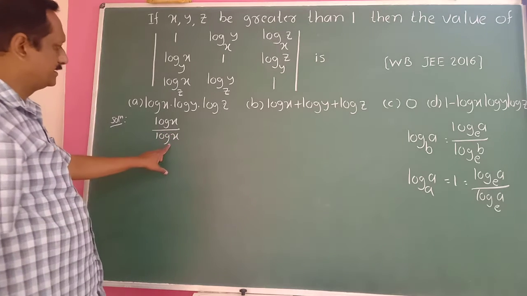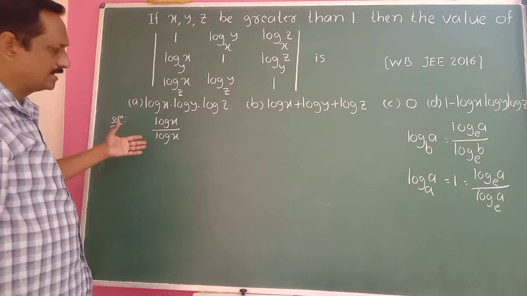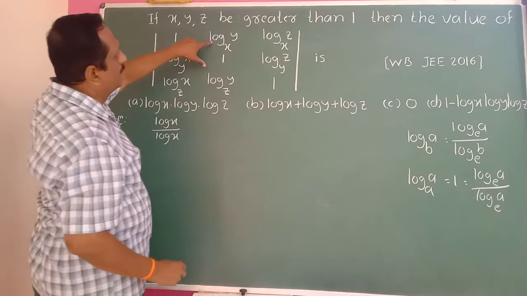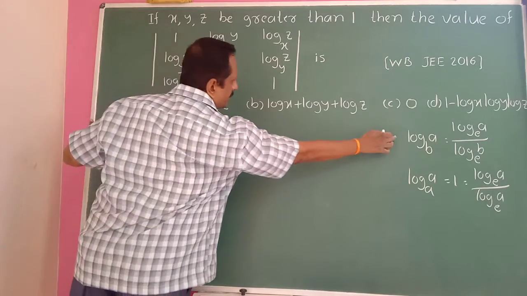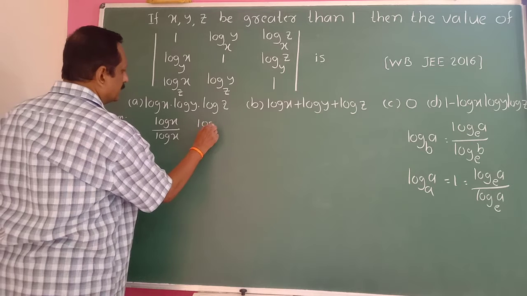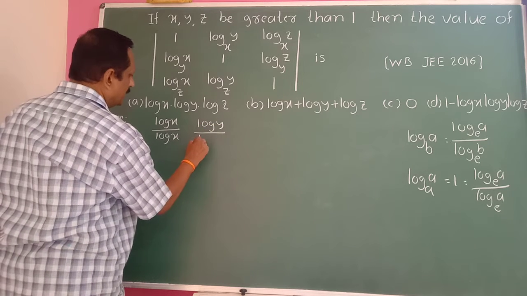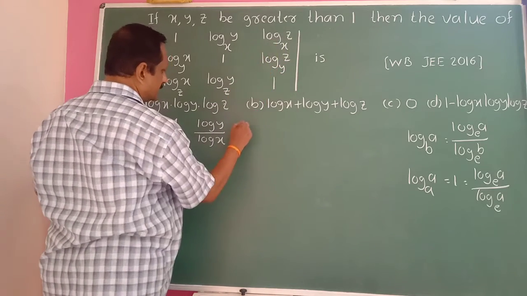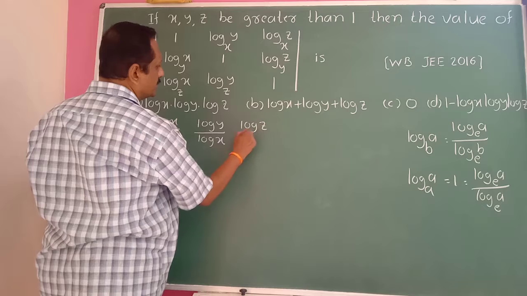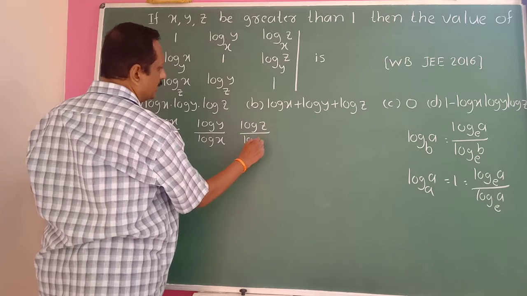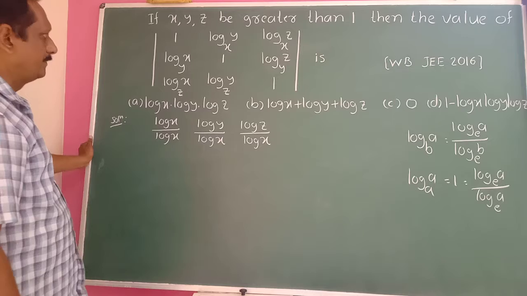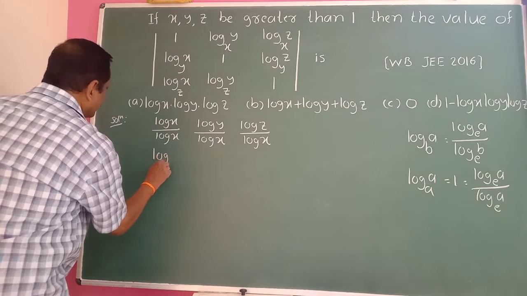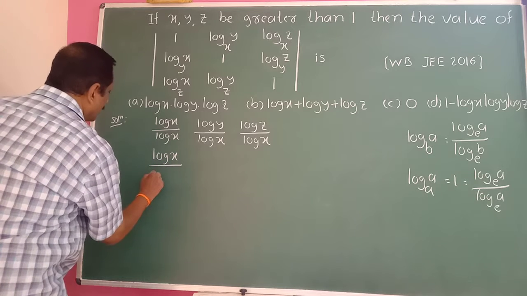You can even take base e or keep it as it is. It is understood here. Log x upon log x is 1. Log y to the base x, using this property, is log of y divided by log of x. Log z to the base x is log z divided by log of x. And log x to the base y is log of x divided by log y,